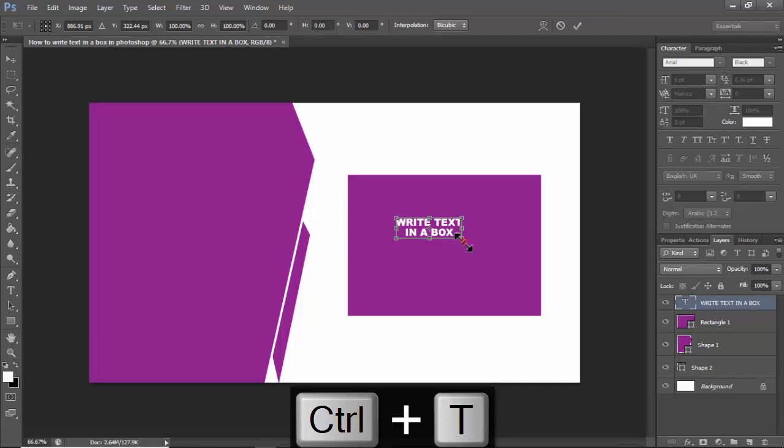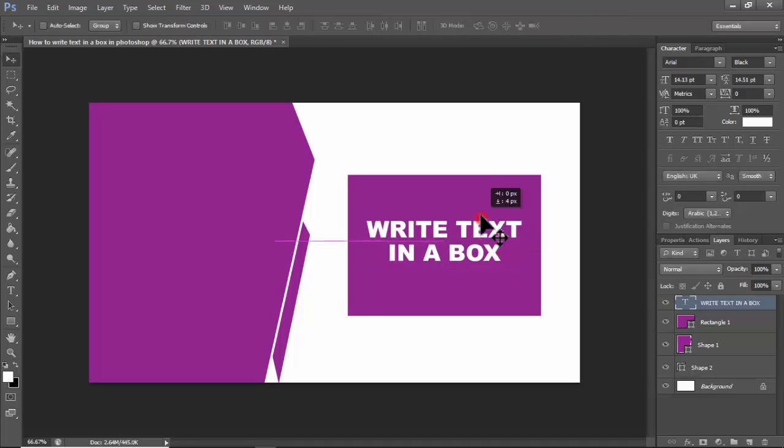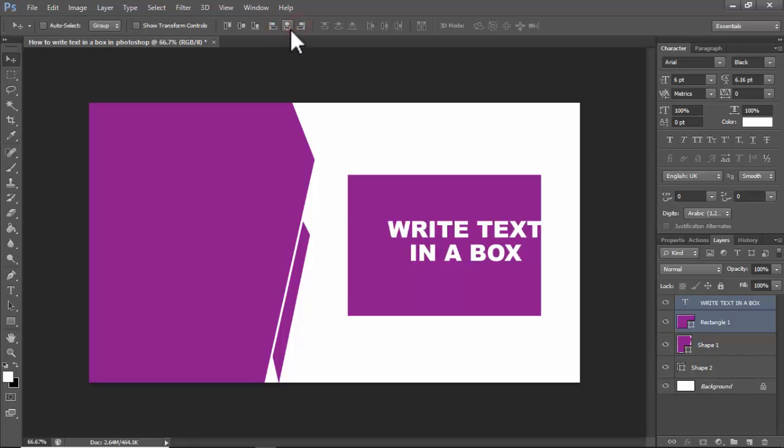press Ctrl T, hold Shift, click and drag it to resize the text, and again align. Hold Ctrl, select, align text left, right, middle